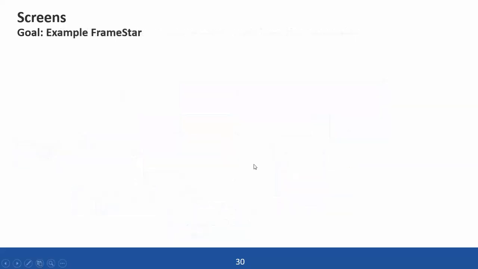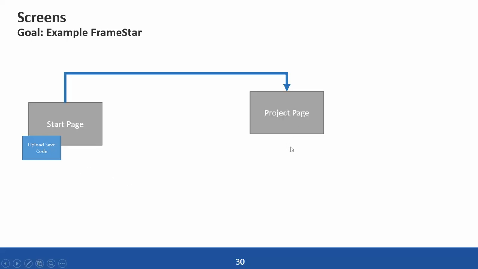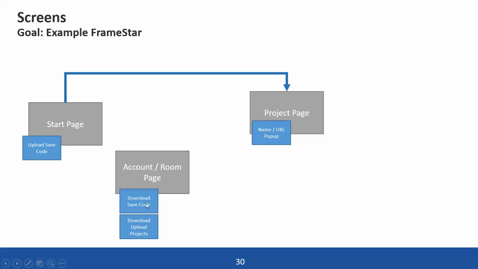And for example, let's take the frame start. Like I said, I have a start page, and on the start page I need a pop-up to upload the secure code so that somebody can change the password. Also I need a project page where somebody can manage all the projects, can manage all the sites. So I need to rename it, and I need a pop-up for the name, but everything else is directly on the site. So also what I need is a page for account and room, and for this I need also download and save the code, and download upload project. Those are some of the